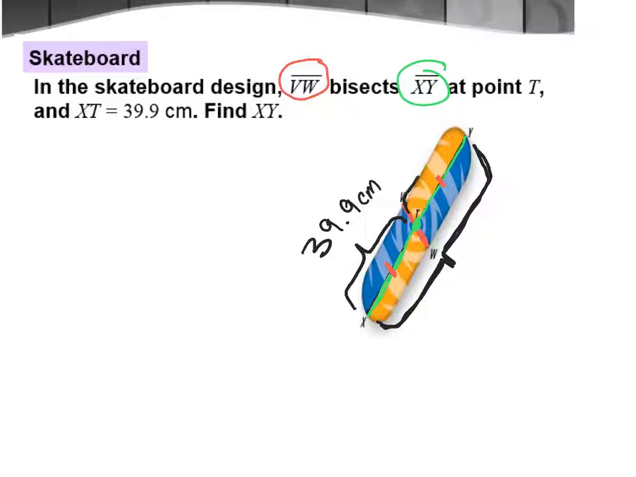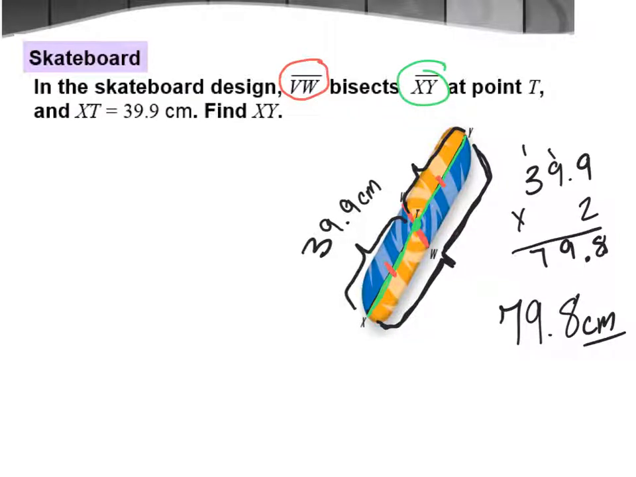Good. She's saying that there are two of these pieces that are exactly the same. So you could either add 39.9 plus 39.9 or just multiply by 2. So 39.9 times 2. That's what I got to, 79.8